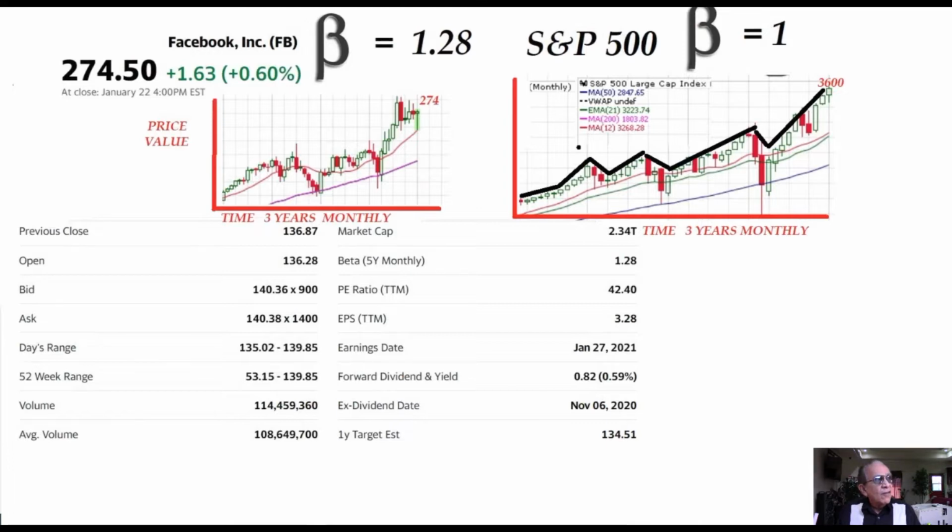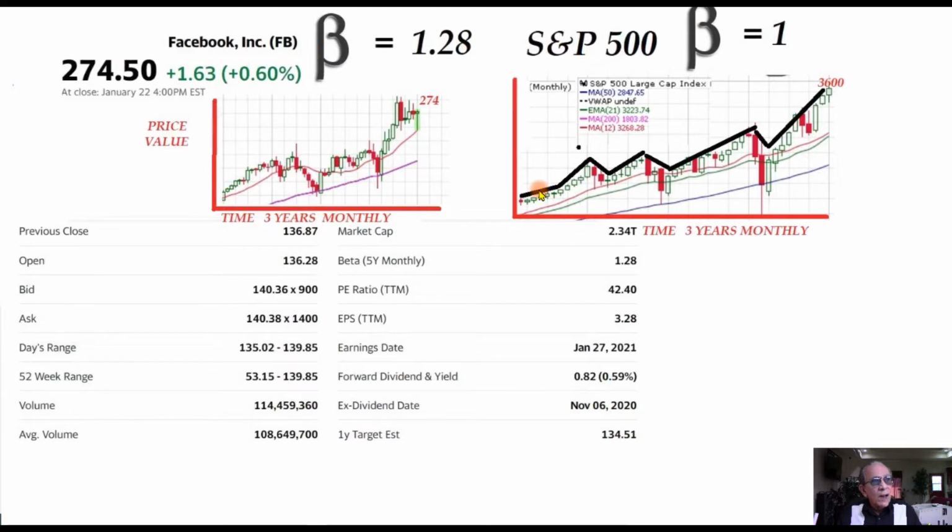So here we have Facebook, okay? And this is Facebook at 274.50. So now we know that the chart that we saw before is that one, okay? The beta is 1.28, and this is the symbol for beta. So the beta here for Facebook is 1.28. We are going to overlap the price of Facebook over the S&P 500 chart. And what we're saying is that since the S&P 500 is 1 and Facebook is 1.28 on the beta,